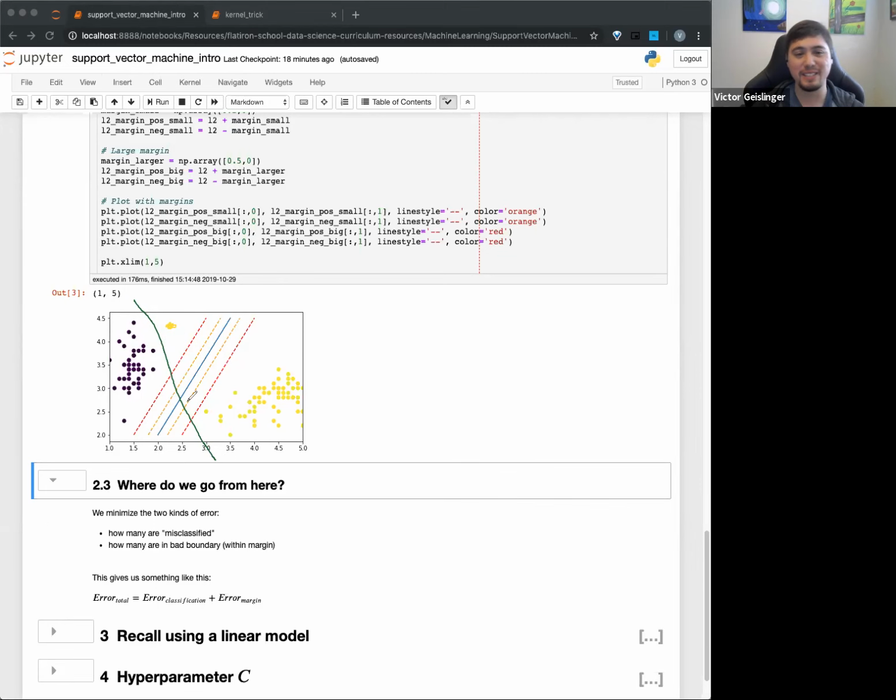I see a little, I saw a head shake. I think I saw Giovanna kind of raise her eyes like, I don't know, maybe. And that's the thing. It's like, well, it depends what you care about. If you care about the accuracy, this green line's great, right? But if you care more about saying that margin, saying like a good boundary, it might make sense where this